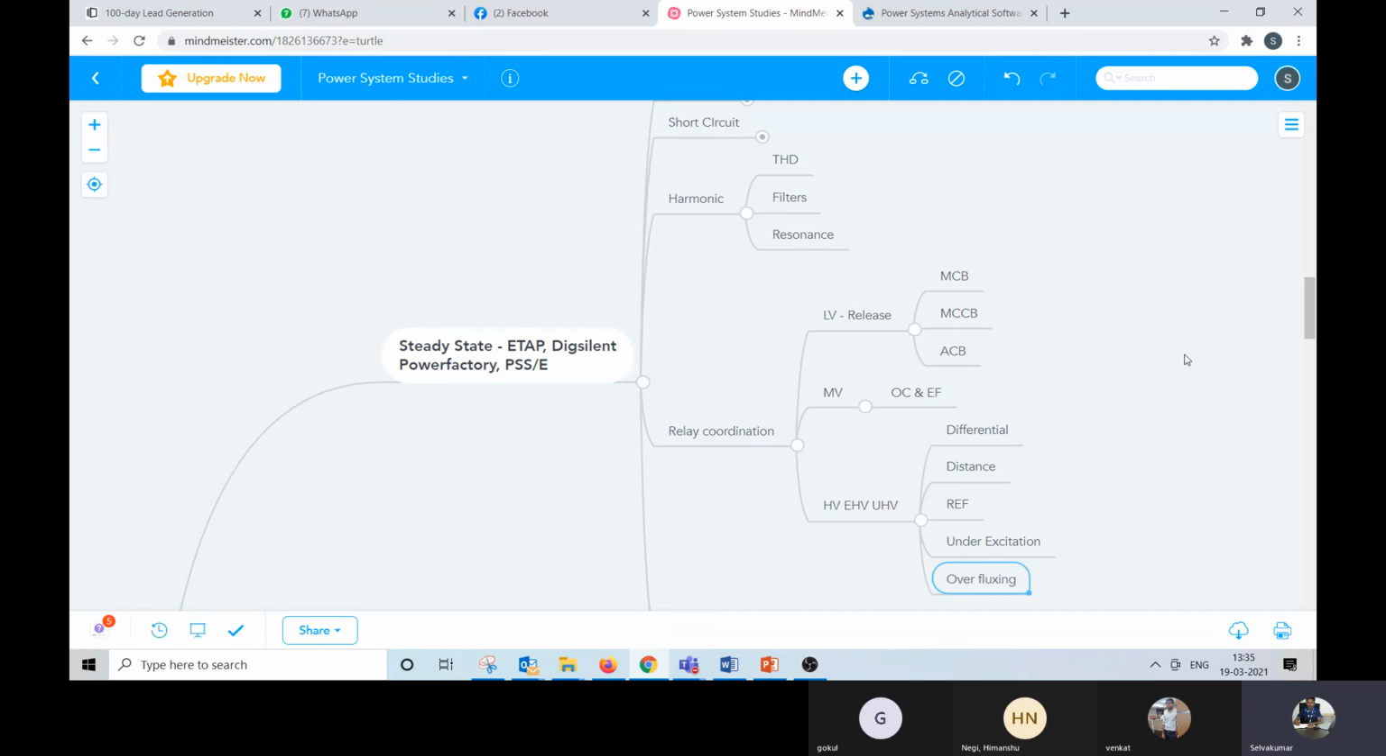This also comes under steady state. You need to do protection selection for the relays, so that it helps you to isolate the fault